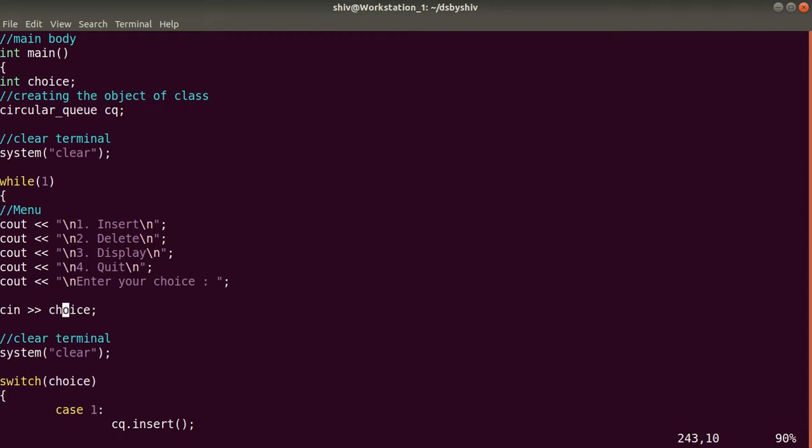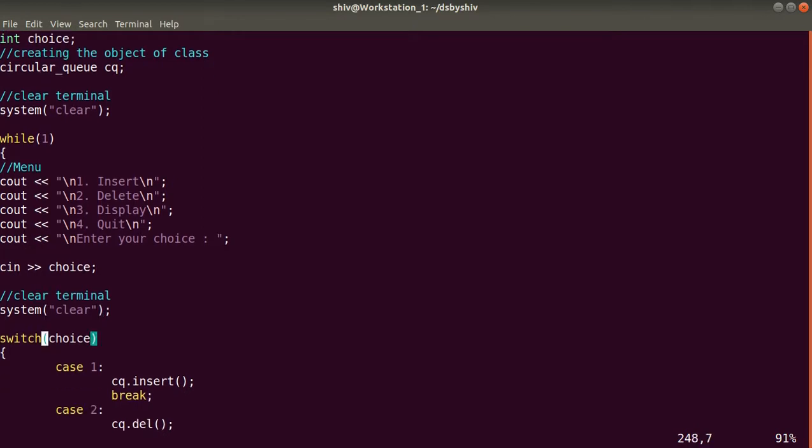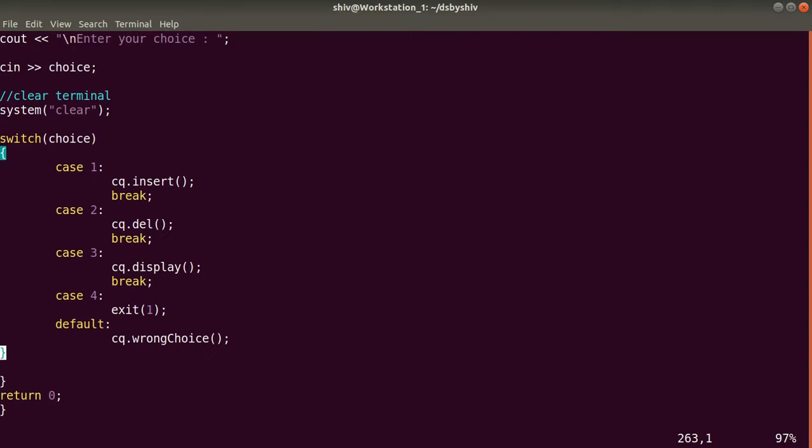So we will take the input from the user through this choice. We will clear the terminal again, and this is our switch statement. As per the choice of the user, here we are taking the cases. If the user enters case 1, then we will insert. Case 2 we will delete from the circular queue.